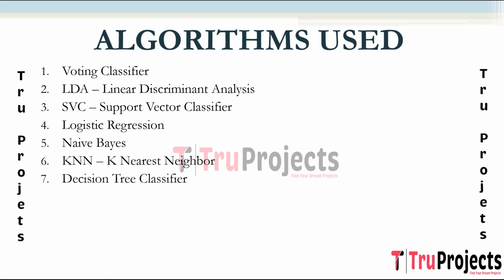Decision tree classifier. It is a supervised learning algorithm used for classification tasks. It works by recursively splitting the dataset into subsets based on the values of features with the aim of maximizing the homogeneity of the target variable within each subset. The final outcome is a tree-like structure where each internal node represents a decision based on a feature and each leaf node represents a class label. They can capture nonlinear relationships and interactions between features, making them valuable for understanding the complex decision boundaries associated with